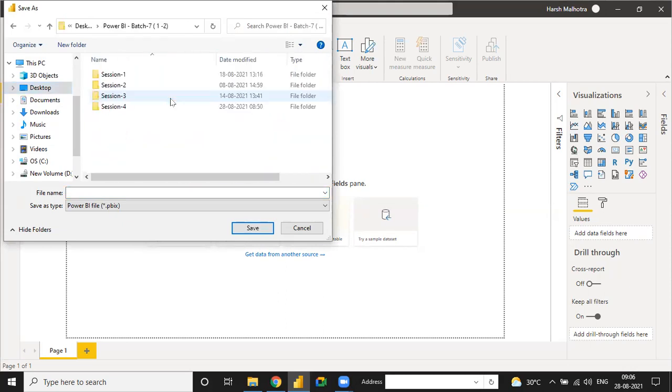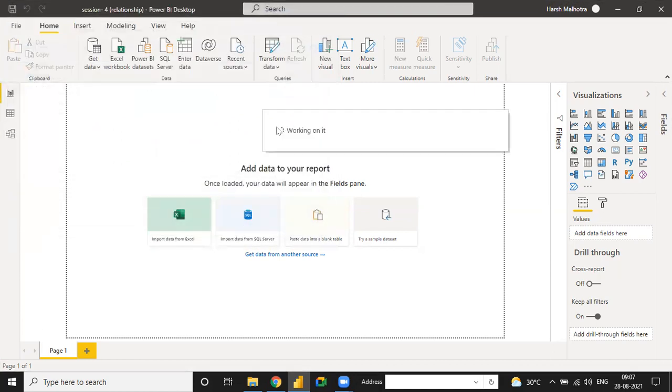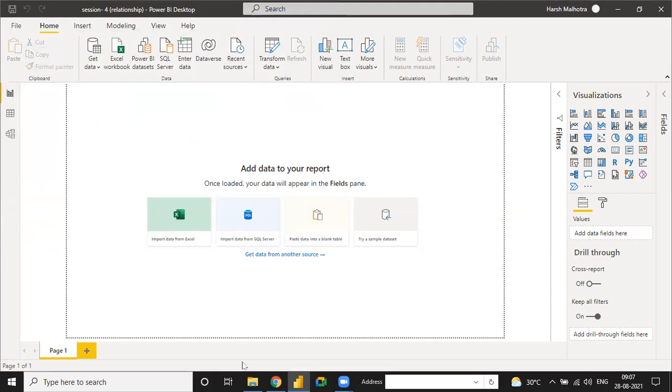Okay, so I'm going to save first of all this one, desktop, and here. Okay, and now we have the data, then we can export.